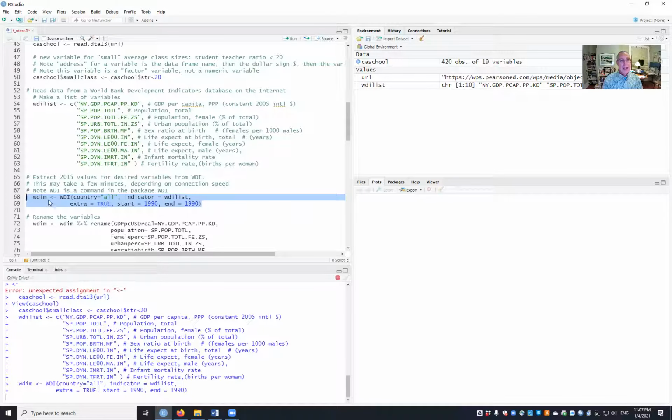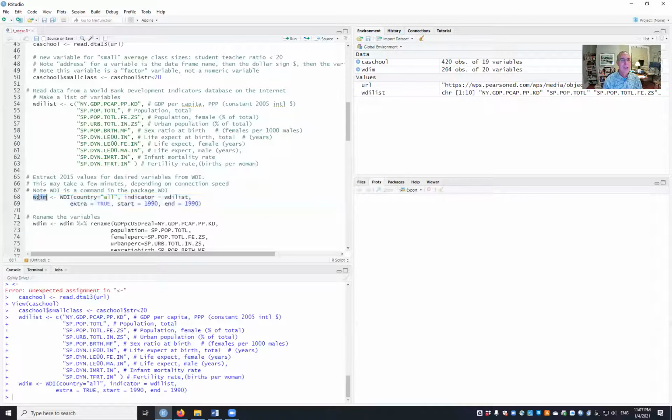And it takes a little while because it's going to the internet, to the World Bank servers in Washington, presumably, or somewhere, and calling the data, and it'll bring that data over to me. And there it is. I called this data set WDIM, and we see WDIM is here, 264 observations of 20 variables. So it included the 10 variables I called it, and then because I said extra equals true, it included